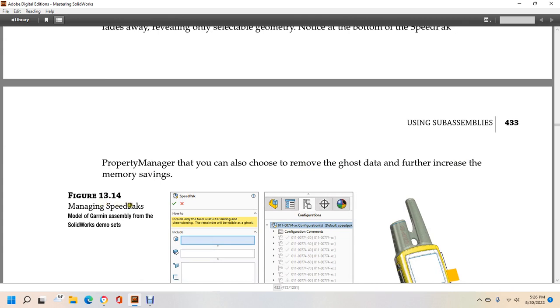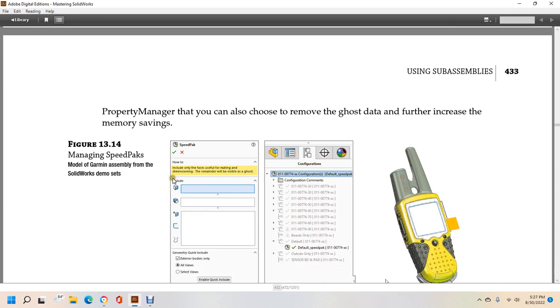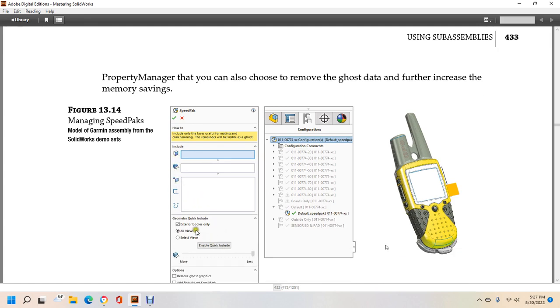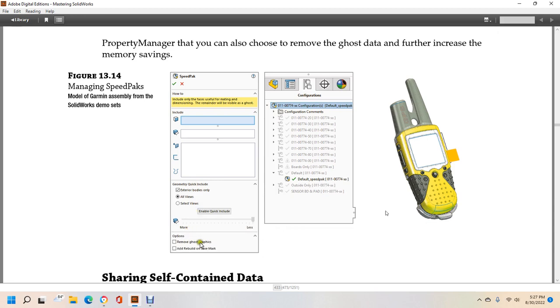13.14 shows managing speed packs, modeling garage assembly for SolidWorks. We're now going to SolidWorks and have the different sketch loop, last loop, plane, edges shaded, plane with shade. Geometry, exterior body, all views, more, remove ghost, graphic add, rebuild, and then this shows the ghost over here. The speed pack